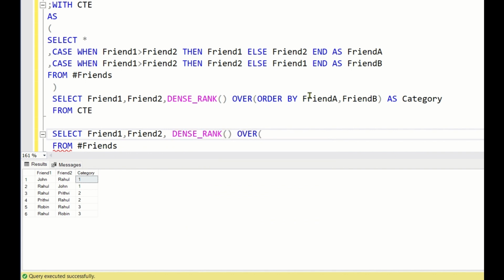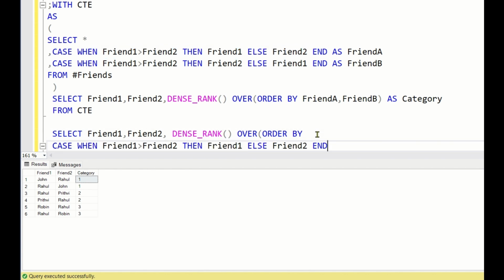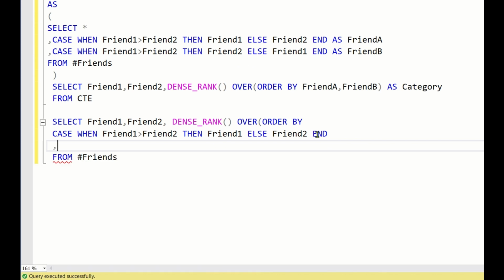So here instead of doing order by friend A comma friend B, I will directly replace this friend A and friend B with the case statement used to calculate friend A and friend B. Okay, so that in this case we need not calculate any CTEs ahead. We can calculate it while running the query itself. So friend A, this case statement, I will just copy this, and comma friend B. So again friend B, this is the statement. I will copy this